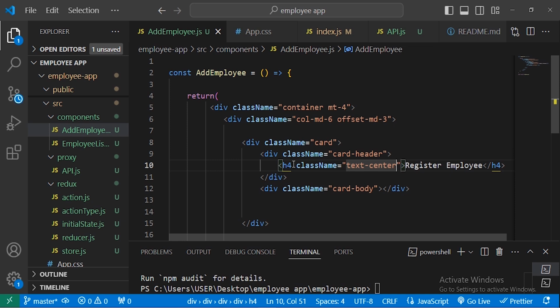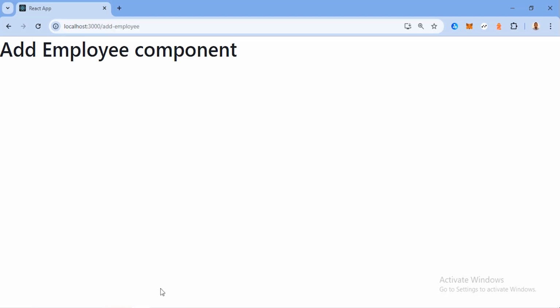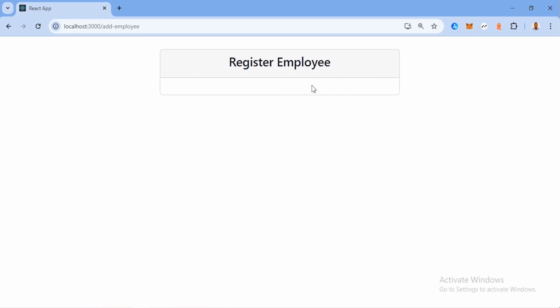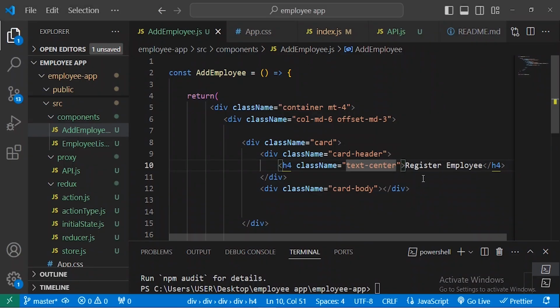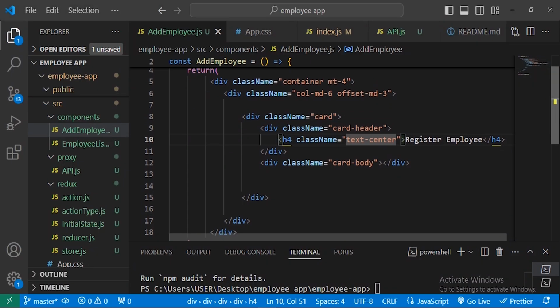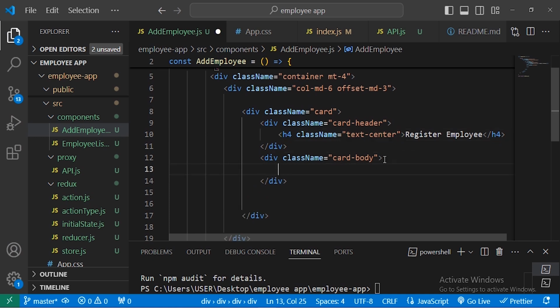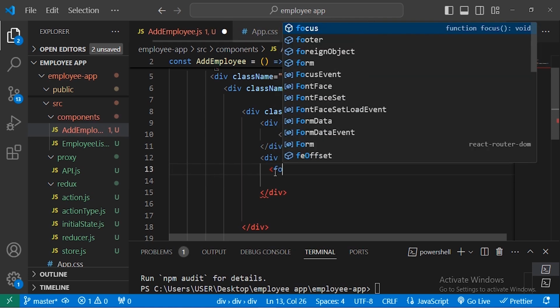Okay, let's save the changes and see what we have. You see what we have: Register Employee. So here is the body. So let's go and continue. We'll need the input field here inside the card body. So the input field will be defined within the form. So let's have a form,